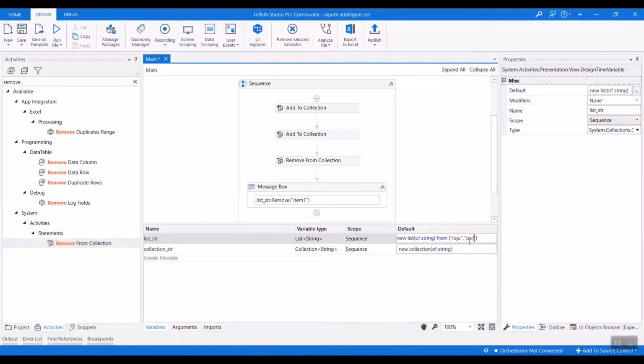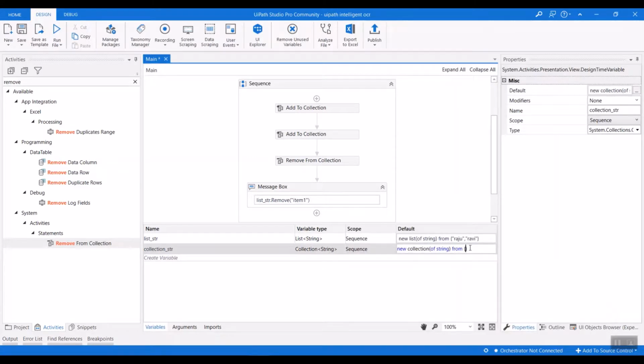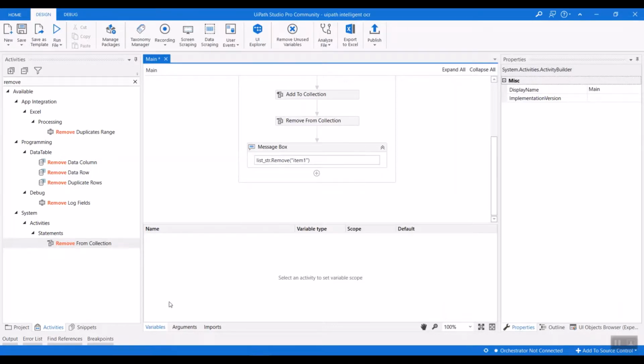Right. So this is how to declare the default list. And even for the collection you can do this. From, give an array, Raju and Ravi. Okay.